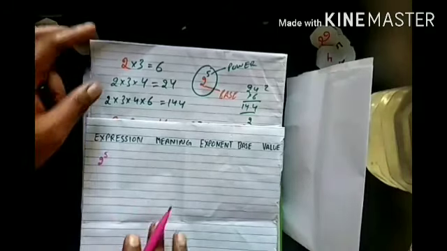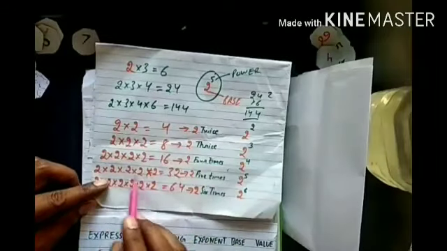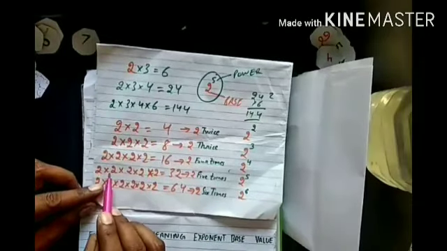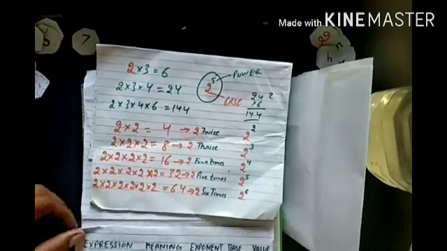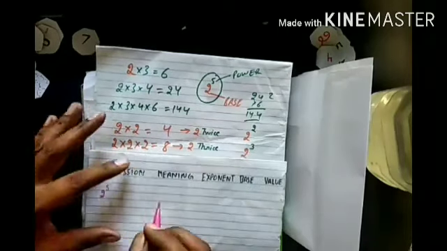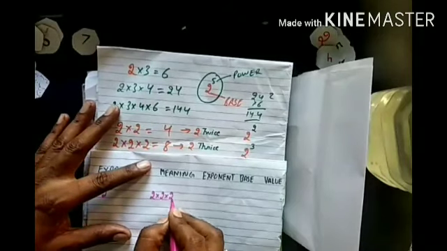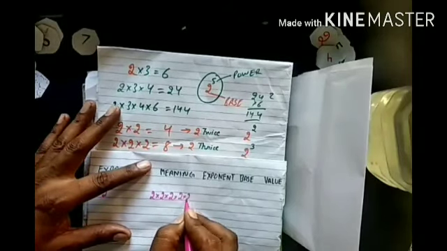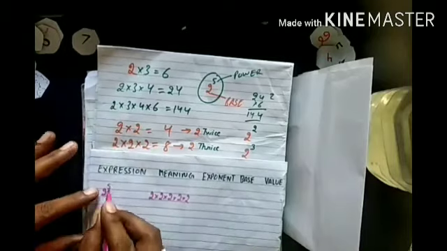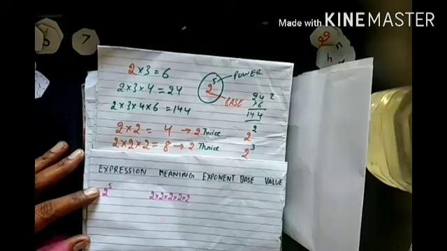Now what is the meaning of this? We will see its explanation. 2 to the power 5, what's the meaning of this? Its meaning is 2 is multiplied 5 times by itself. You see 2, 2, 2, 2, 2 and multiply. So I will write here 2, 2, 2, 2, 2, that is 1, 2, 3, 4, 5. It means 2 to the power 5, that means 2 is multiplied 5 times by itself.